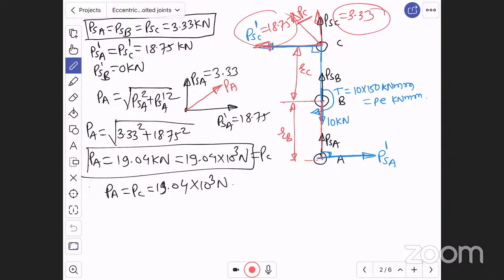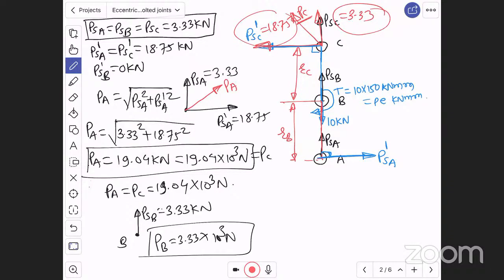Similarly, the resultant load on B. Look at B. For B there is only one load, PSB, which is 3.33 kilonewton. There is only one load, no? The secondary shear load is 0. Therefore, the resultant load on B is equal to 3.33 into 10 to the power 3 Newton. This is the resultant load on B. Right. Now, once you calculate the resultant loads,